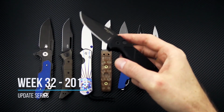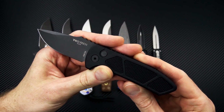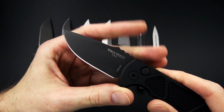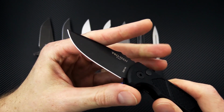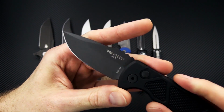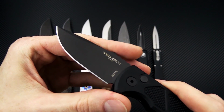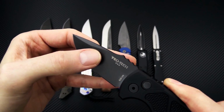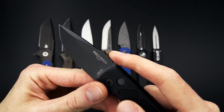We'll start out this week taking a look at the Les George designed SBR from Protech. SBR stands for Short Blade Rockeye. So this is a more compact version of his custom Rockeye in a full automatic design. You've got a blade of S35VN with a mid-height saber grind, top wedge, and of course his signature jimped thumb